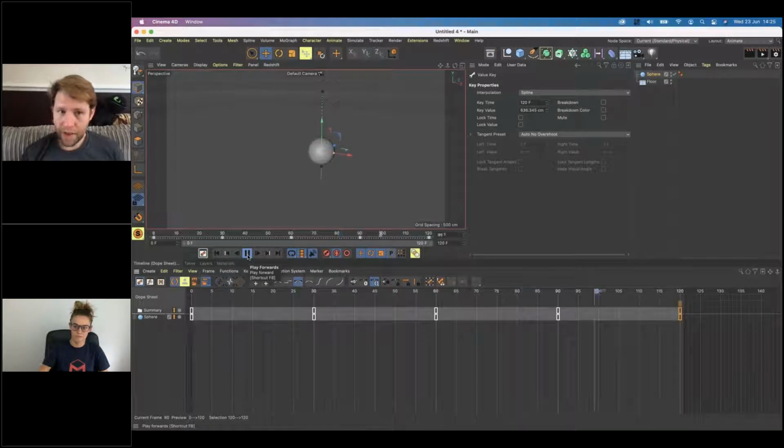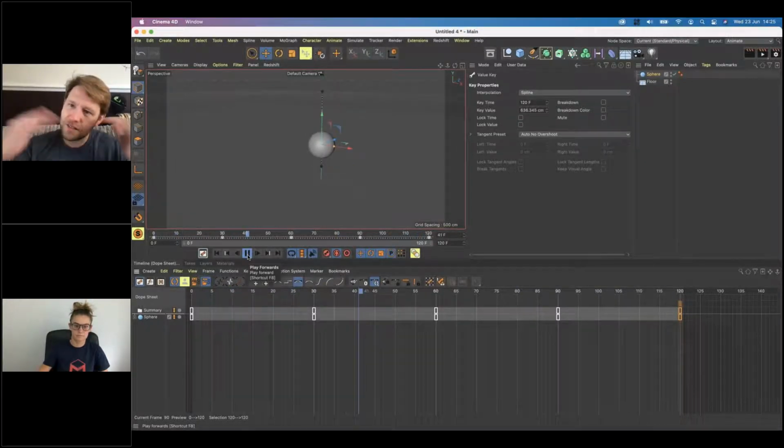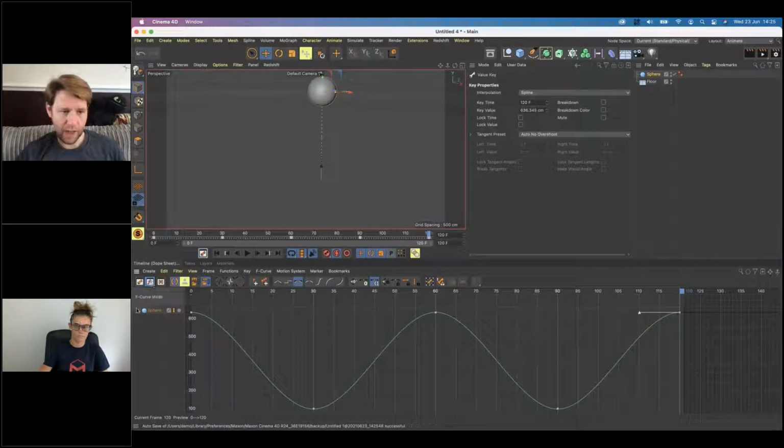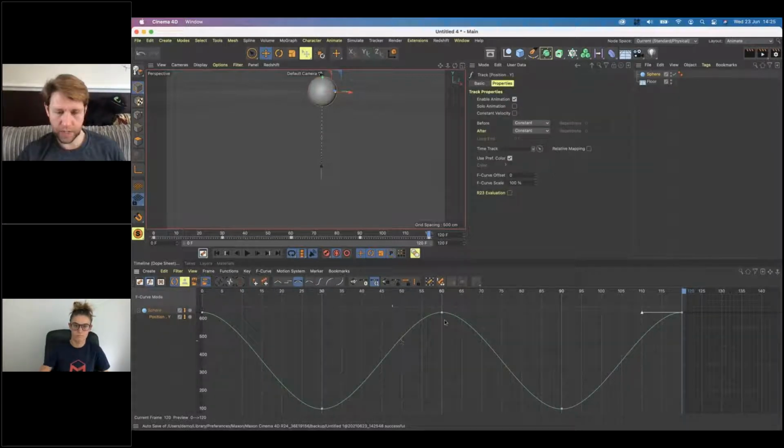All very well and good. I have a sphere that goes up and down, but it doesn't look like it bounces. The reason for that is because of its automatic ease in and ease out, which means that it slows down as it gets to the ground, as it kind of goes, no, please don't hurt me. So what we can do, we can have a look at the F-curve for this object, and we can change